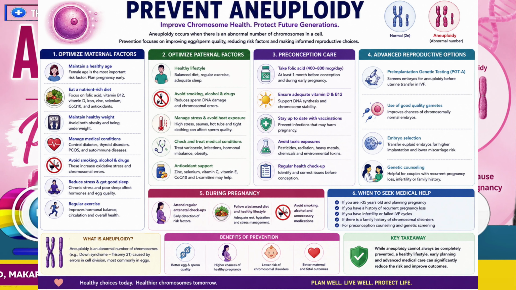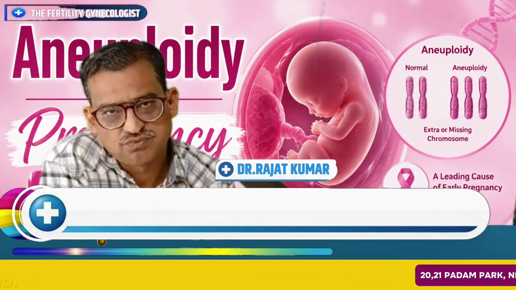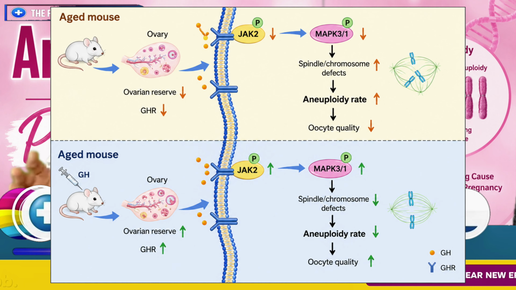prevented? Aneuploidy is defined as a chromosome number that deviates from a haploid set of 23 chromosomes or a diploid set in somatic cells. It may be due to the gain or loss of whole chromosomes, called numerical whole chromosome aneuploidy, or a gain or loss, that is an insertion or a deletion, of a part of a chromosome, that is a structural segmental aneuploidy.